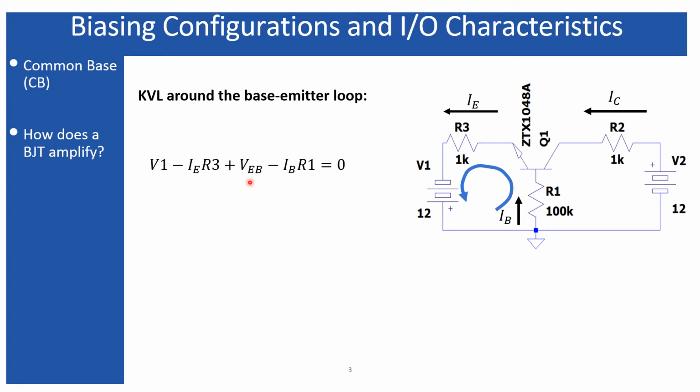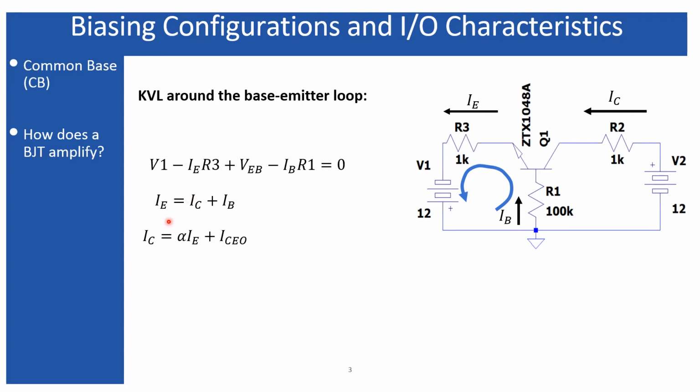But look here: since the emitter to base voltage is considered the input voltage for the common base configuration, I have to include the emitter to base voltage instead of the base to emitter voltage. But the emitter to base voltage is nothing but the base to emitter voltage preceded by a negative sign. So the negative sign preceding VBE is replaced by plus VEB over here. Next is IE times R3, and after that there is the external voltage source. At this branch I am moving from the negative side to the positive side, so that is why I have included V1 over here.